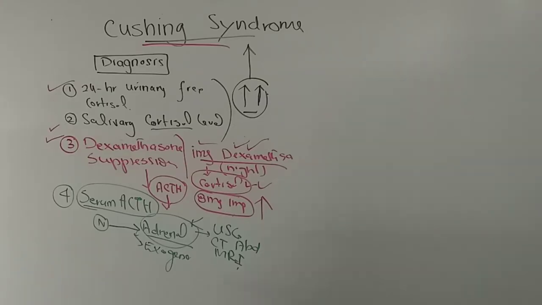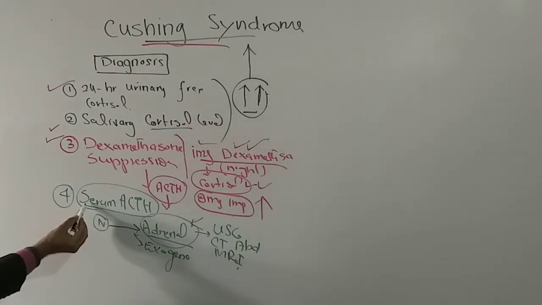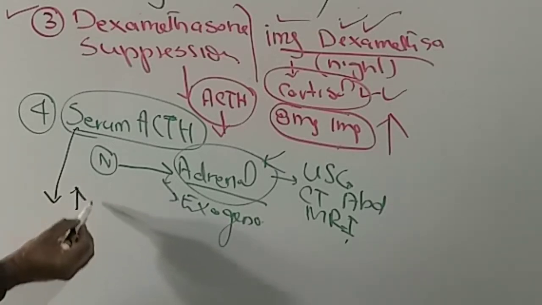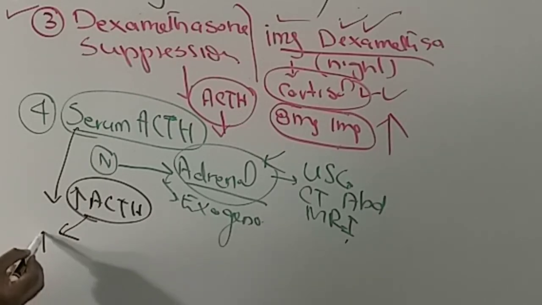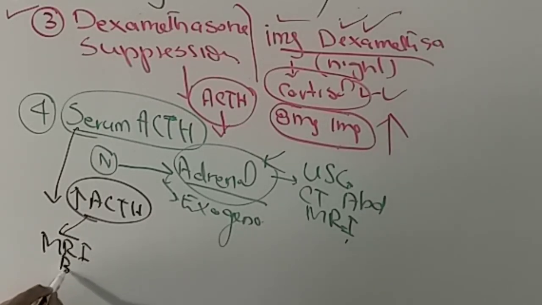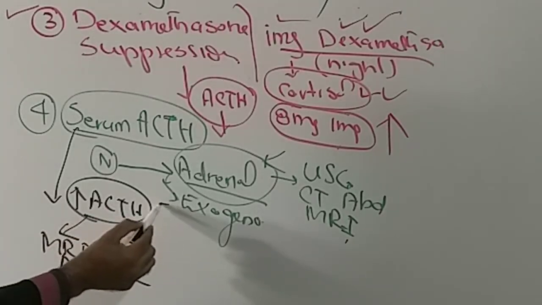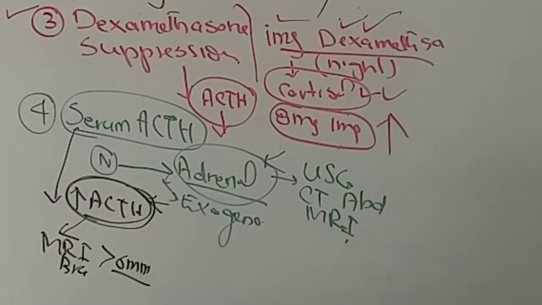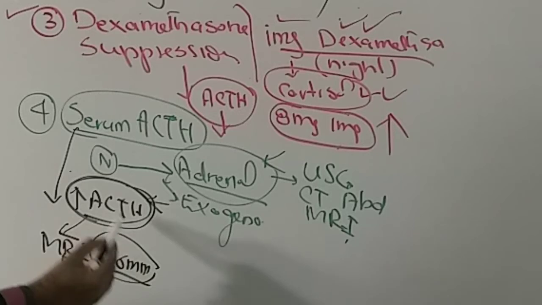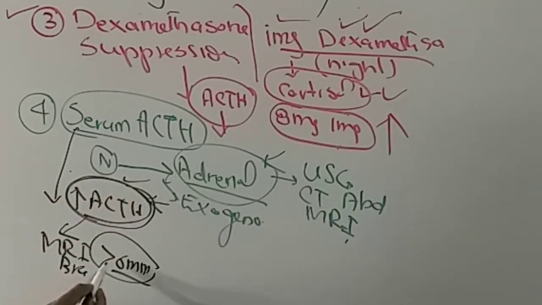So we are trying to now look for the adrenal or exogenous reason of the higher cortisol in the body. But if person's serum ACTH is high, then it may be because of pituitary tumor, for which we will do MRI brain. And if we find a lesion which is 6 millimeter or more in size, then we are sure that the problem of the Cushing syndrome is with the pituitary gland, which may have a tumor there because there was high ACTH and there is also a lesion or a tumor which is more than 6 millimeter in size.